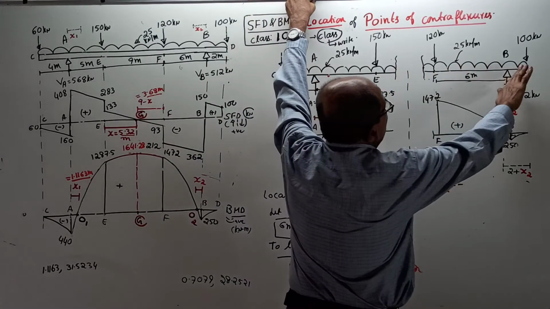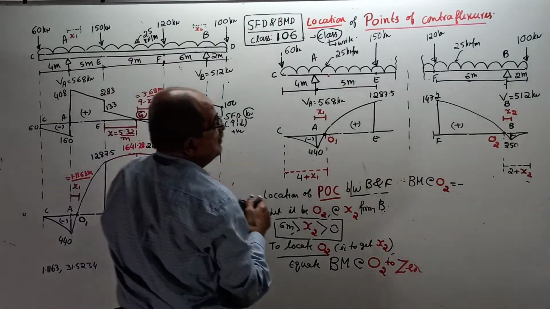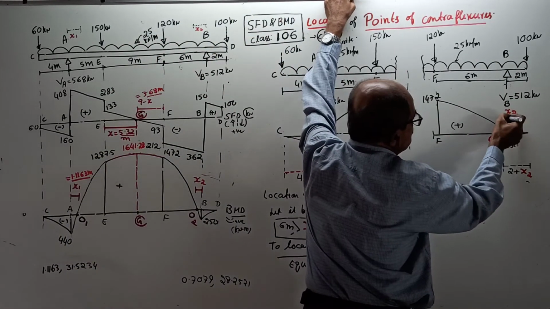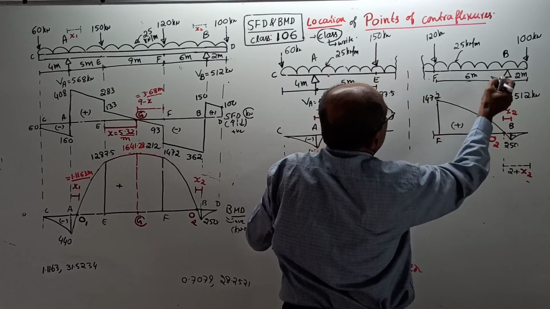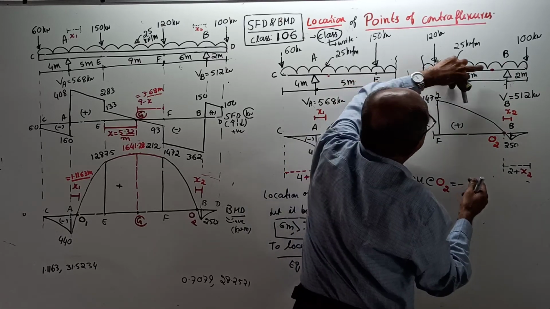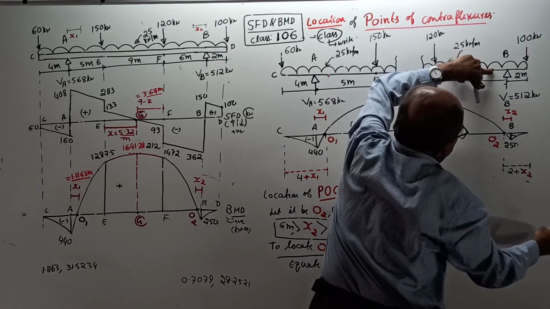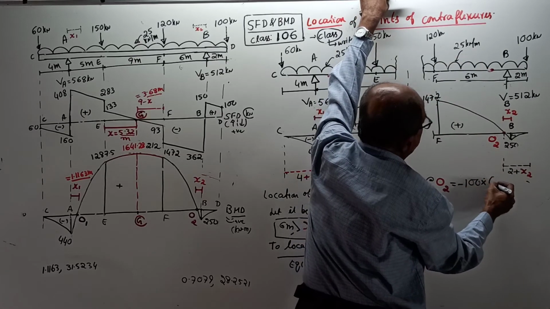Okay. O2 equal to, or do one thing. One more diagram I write here. See now. I wrote from D up to F and that much diagram. See now. If this is x2, this will be 2 plus x2. Your BM required is where? Here. So here BM is how much? See, look this side. 100 into this distance